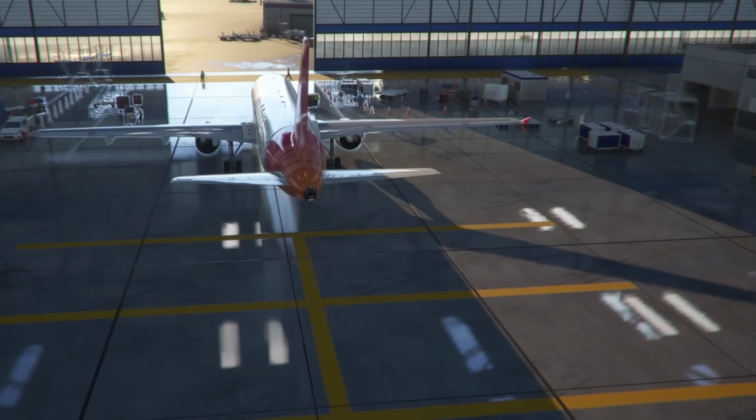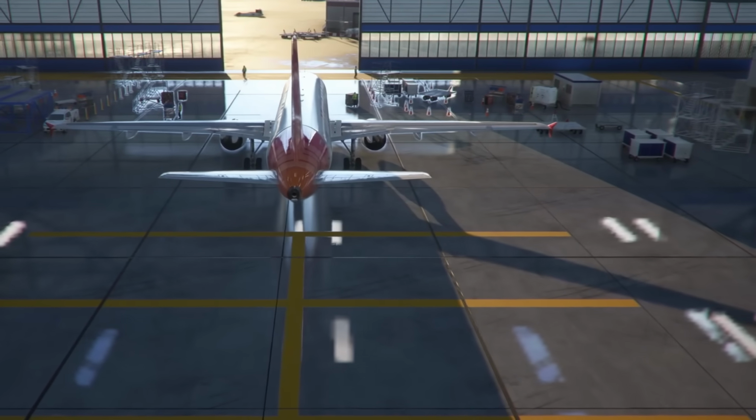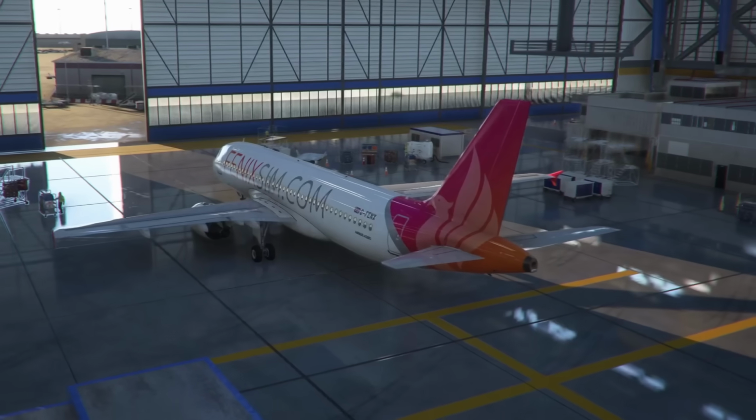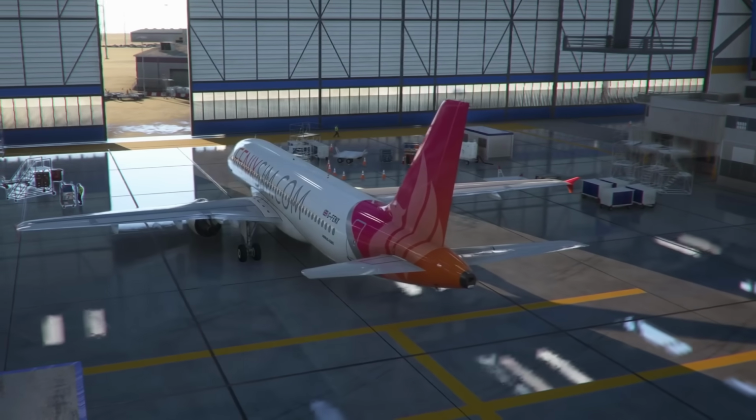However, I do recommend you guys check the changelog. I will have a link to that down in the description if you're very specific on wanting to know the details of it. But I will say that it definitely got some love, and we're going to be flying it later this week. The Cessna Citation Longitude is one of my favorite aircraft in Microsoft Flight Simulator,